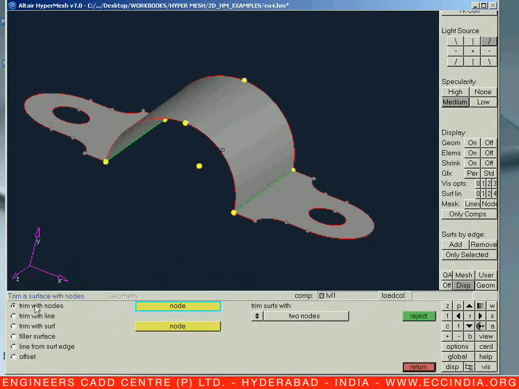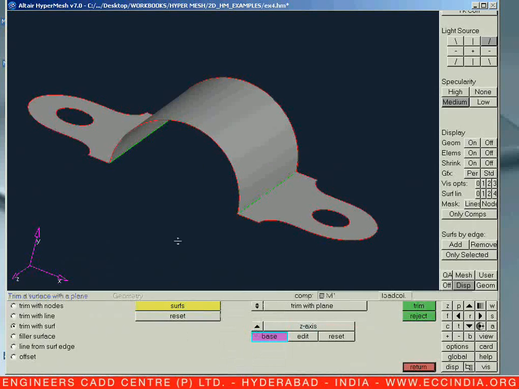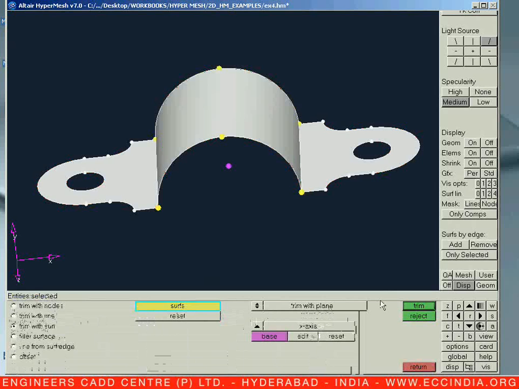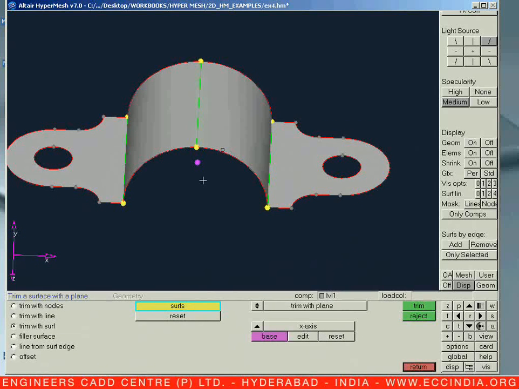So trim it with the help of surface and then trim it with the plane, and let us trim it with the given base options. So first I need to split it in a vertical fashion over here. So go for the vertical split with the help of this as a base, keeping your axis on X. Let us say displayed for the surfaces, and let us say trim. Now we can see we are getting an exact cut from the center over here.